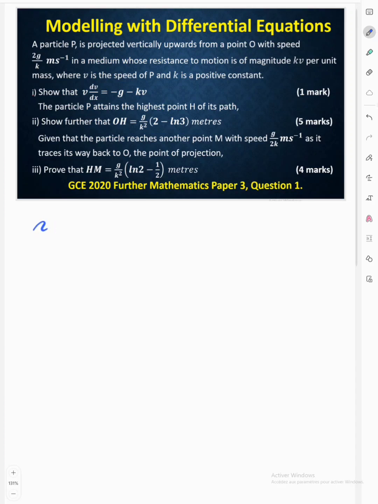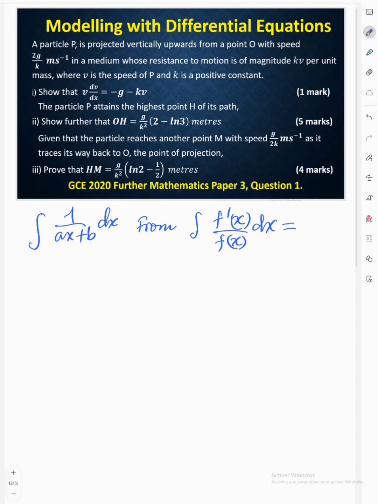We have first the integral of 1 all over ax plus b dx, and this integral generally comes from the general case which has the integral of a rational function such that f prime of x is divided by f of x. When this happens, the integral is simply ln of f of x plus the constant of integration. So if we take this integral, we have